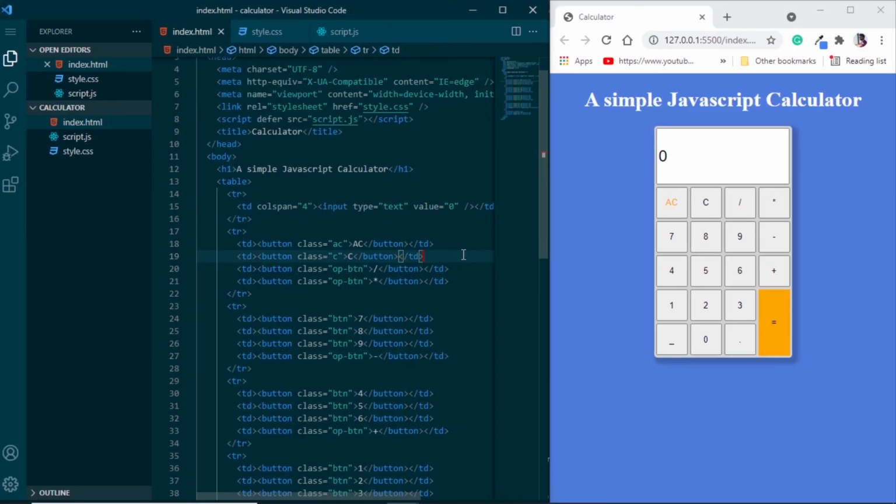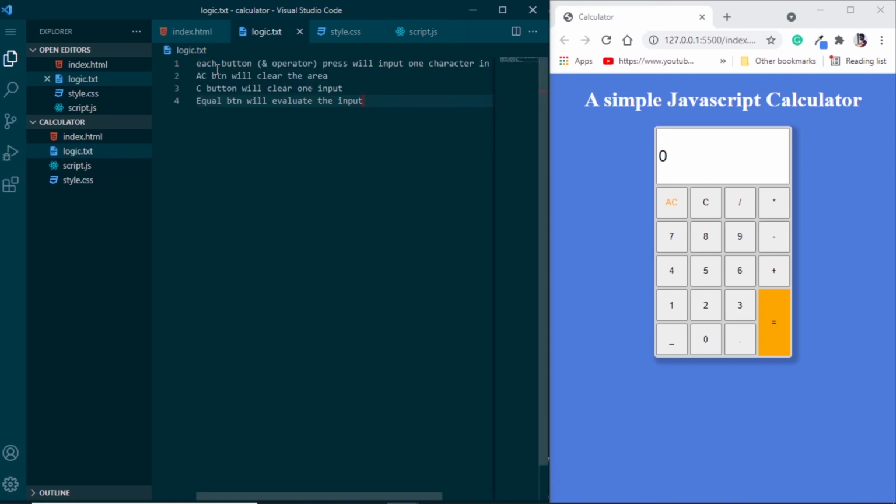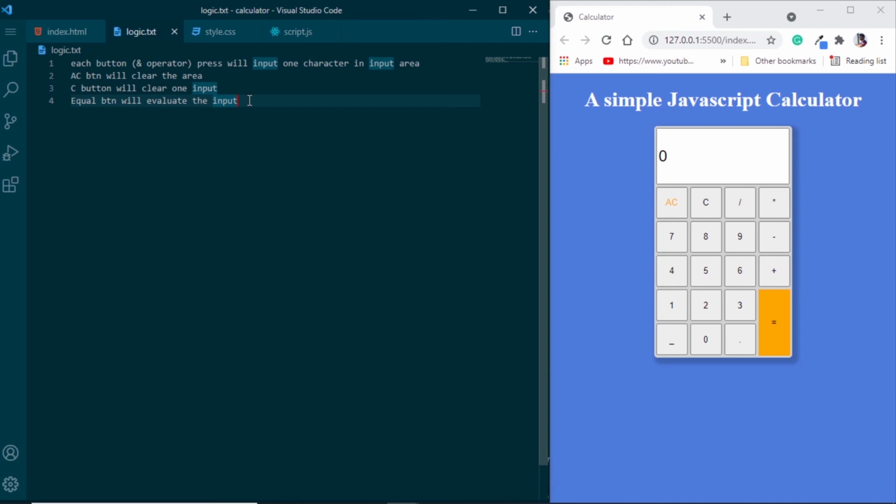Now comes the main part. You can get the code and everything from online, but what I want you to learn from this video is always to make logic on your own, so that you can use the resources on the internet to develop the logic that you are developing. For that, what I do is I will create a file with the name logic.txt, and here I will keep all the logic that I want to develop. It might change during the programming, but this should be the first step that we always do, so that we have a clear idea of what we want to do. So here I will put some text. With this logic in mind, let's start our script.